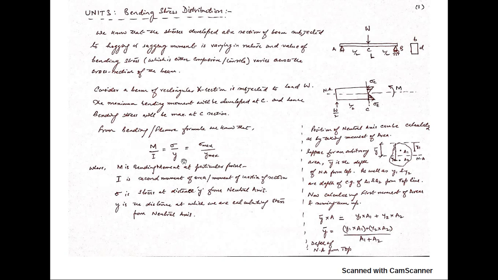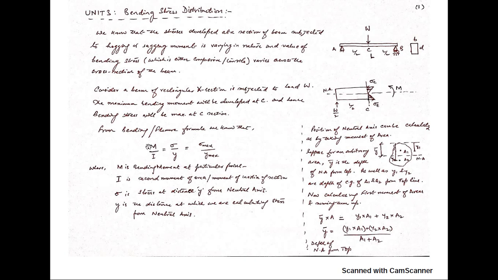And you can see what is the flexure formula that we got. Suppose this is a simply supported beam, load is acting over here, and the cross section of the beam is b by d. This is a rectangular cross section. And how the bending moment and bending stress distribution is going to happen. So at this point, M, what is M? M is the internal moment that is being developed at the C, and the value, if you calculate, will be WL by 4.